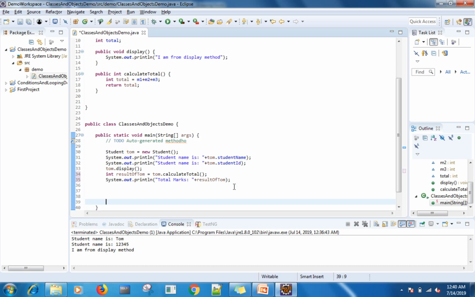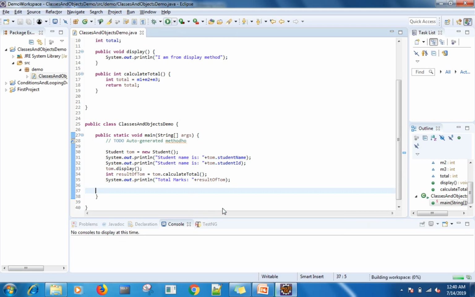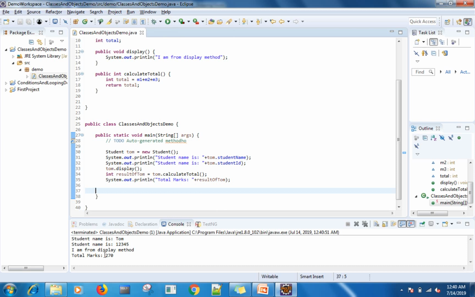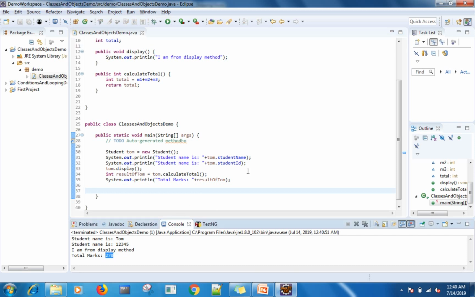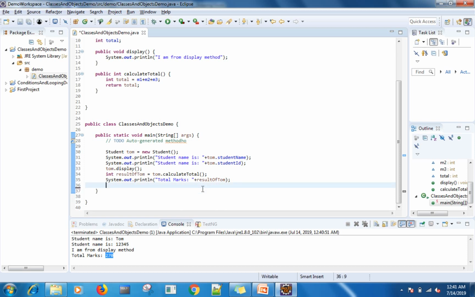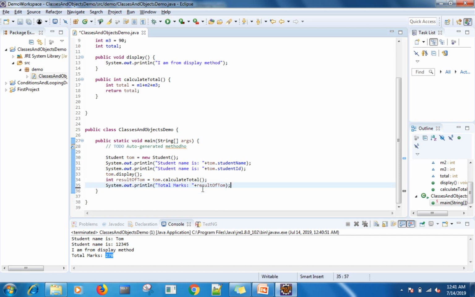Okay, so here, if you execute this program, you will get the total mark for the student. The result of the sum is 270. So 90 plus 90 plus 90, so 270. Okay, so this is one way we can write